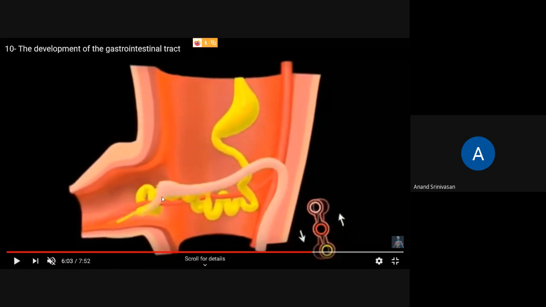can you see both the cranial limb as well as the caudal limb? They are going inside the body. Initially you can see that the midgut is protruding through the umbilicus, but